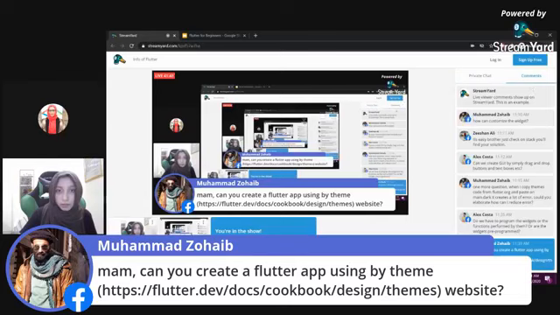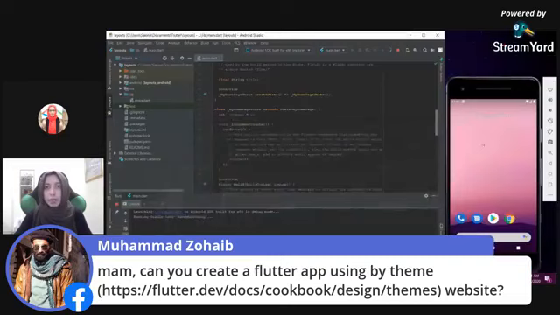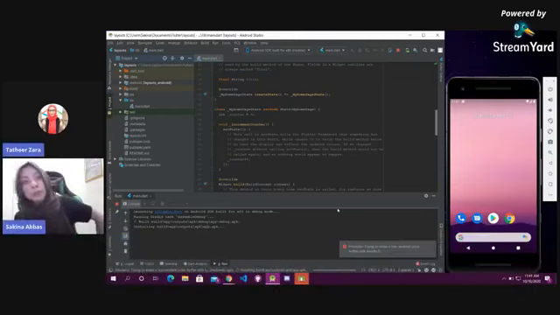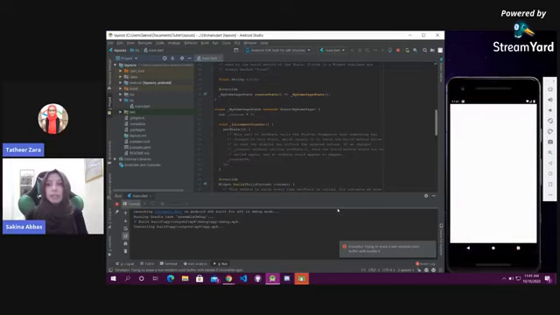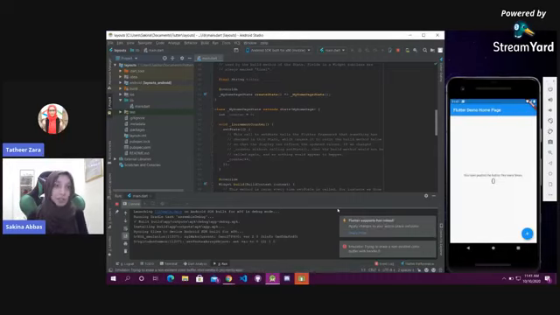Themes. Yeah, of course. Wait. App using by theme website? Oh, you mean like using specific themes for creating websites, as in the themes that are mentioned in the cookbook? Yeah, you can definitely do that. It offers you to use different themes for different purposes. So naturally, anything that you can do on a mobile application, you can replicate on the website itself.